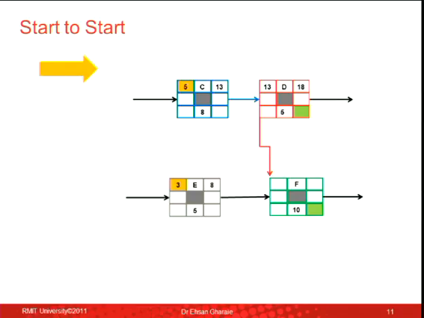Now, when is the early finish of activity E? It's 8. 3 plus 5, 8. Now the question is, when is the early start of activity F? For the earliest start of activity F, one option is I can take the finish of activity E and put it there. Agree? Yes? So one option is 8. The other option is I'm going forward, following the arrows. There is another arrow coming from the start of D to the start of F.